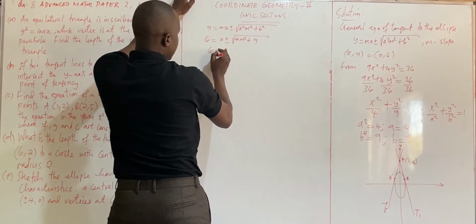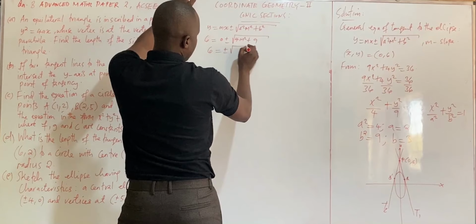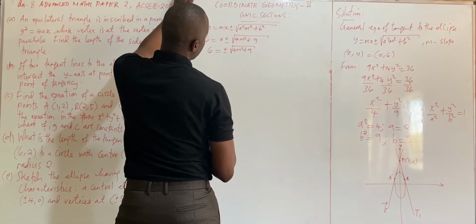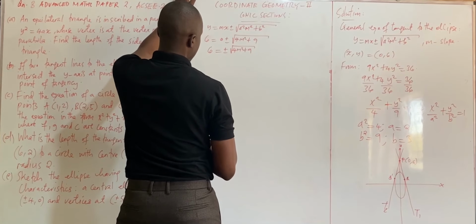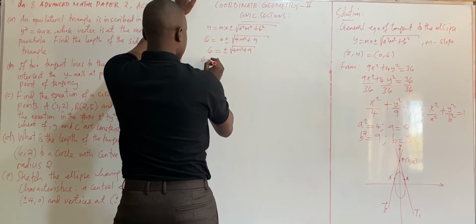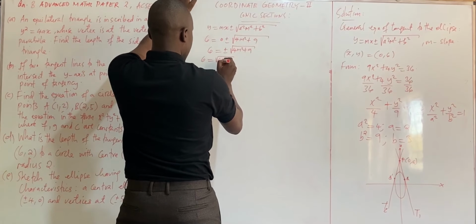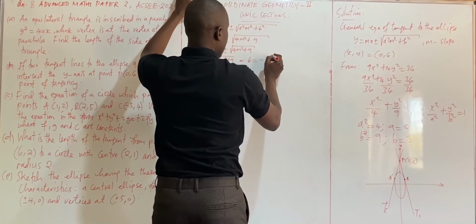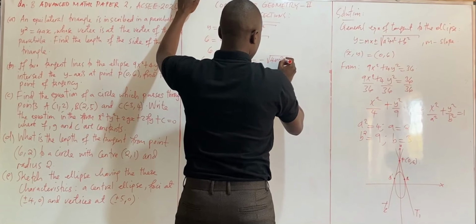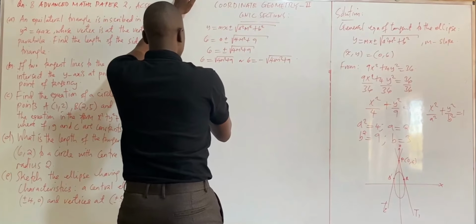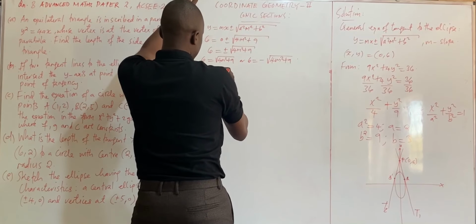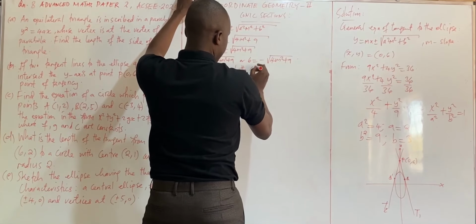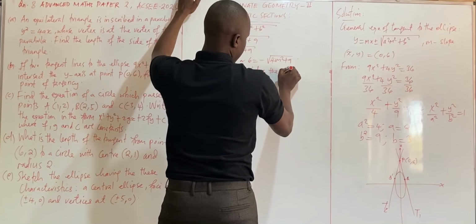So from here we have 6 equals plus or minus the root of 4m squared plus 9. Now from here we can just formulate 6 equals the root of 4m squared plus 9, or 6 equals negative the root of 4m squared plus 9. So on squaring both sides, then we have,